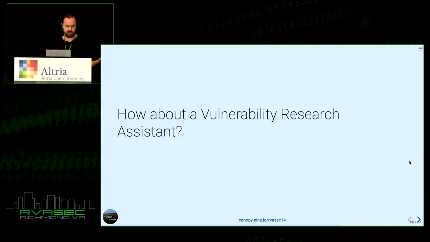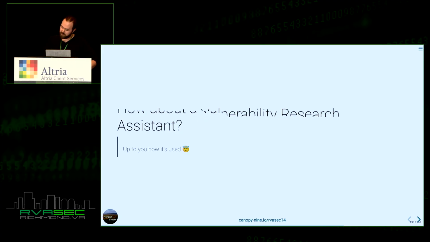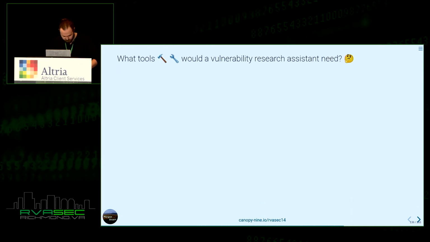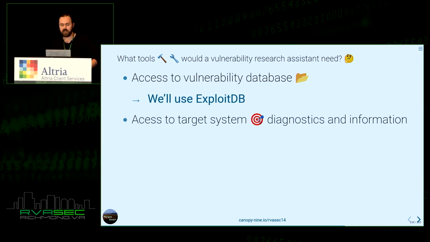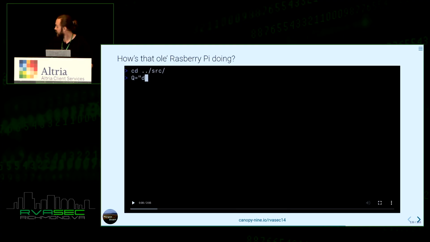So how about a vulnerability research assistant? This is, after all, a cybersecurity conference, so up to you how you want to use it. What tools would a vulnerability research assistant actually need? Probably access to some kind of vulnerability database. We'll use Exploit DB, access to some target system, diagnostics and information. We'll use Nmap, and then,